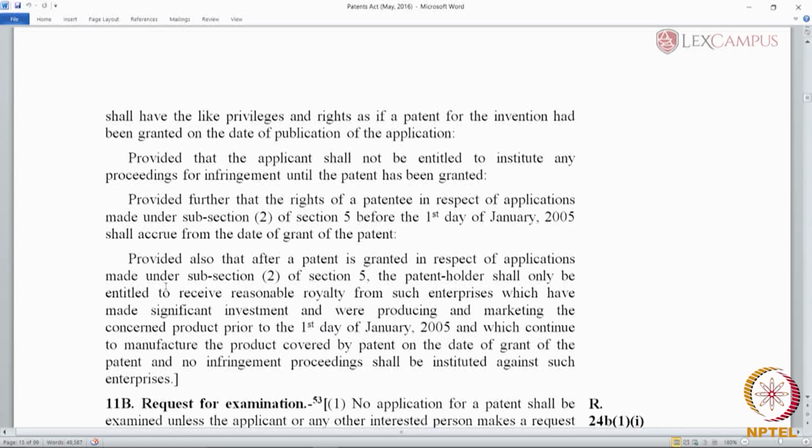Section 5, when it existed before 2005, it was removed by the 2005 amendment, was a transition provision which allowed for applications to be filed in a mailbox pertaining to food and drugs, pertaining to product patents on food, drugs and medicines. Now, this was the scope of section 5(2). Section 5(2) was an arrangement by which you could file mailbox applications before 2005,